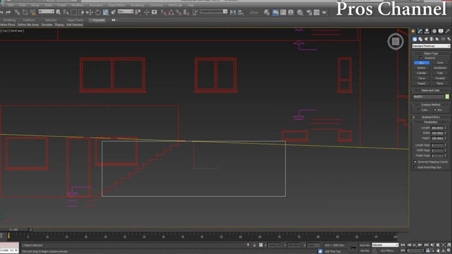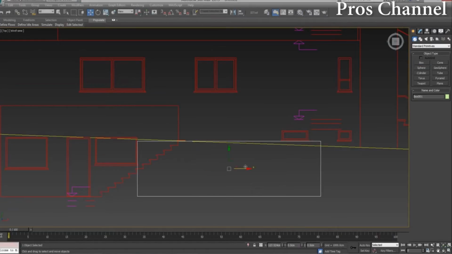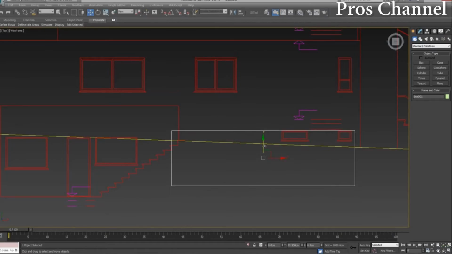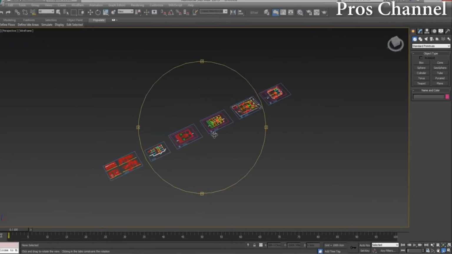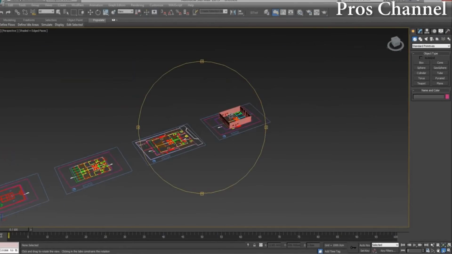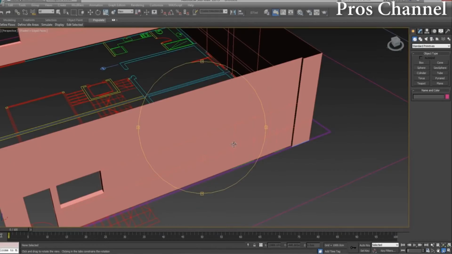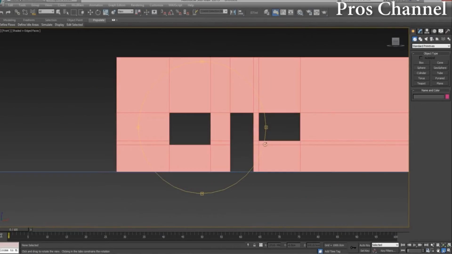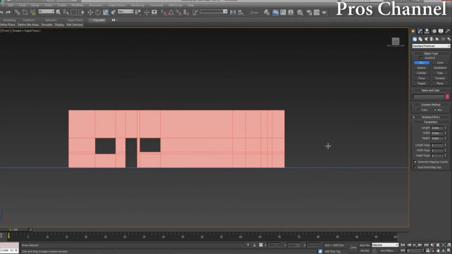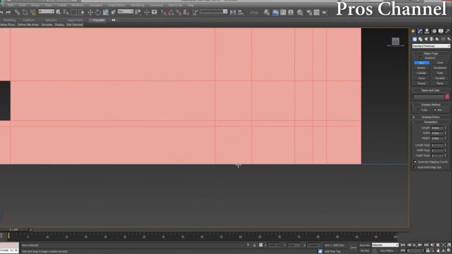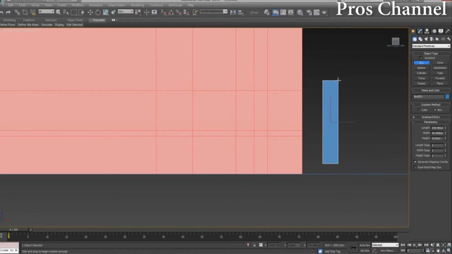The other window is exactly the same in height. So it begins at 206 and ends at 246. I'm going to delete this box. Let's go in the perspective viewport back to our basement. And I'm going to go to the front viewport, and I'm going to build a box from 206. I'm going to build a box here, 206,